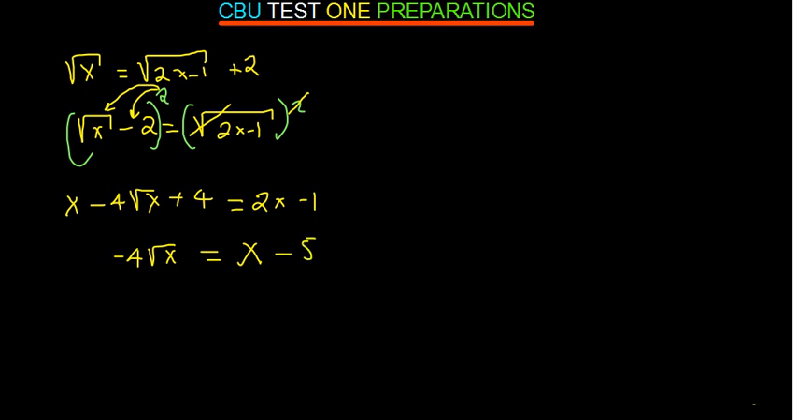And then from this point, to remain with x, you are going to square again, right? So I'm going to square this side and also square this side. Again, don't square these individually. I hope that is okay. So negative 4 squared, that is positive 16. And then square root of x squared, that is just x. And that is going to be equal to